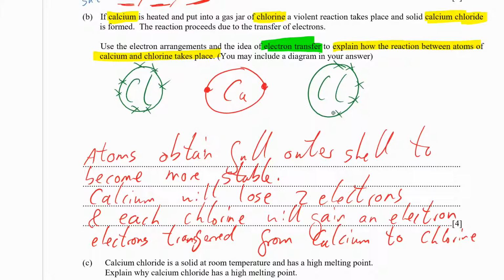We can show the transfer of electrons using a diagram like this and an arrow. So this electron here goes to there, and this electron goes to there. Okay, you could then follow up that diagram